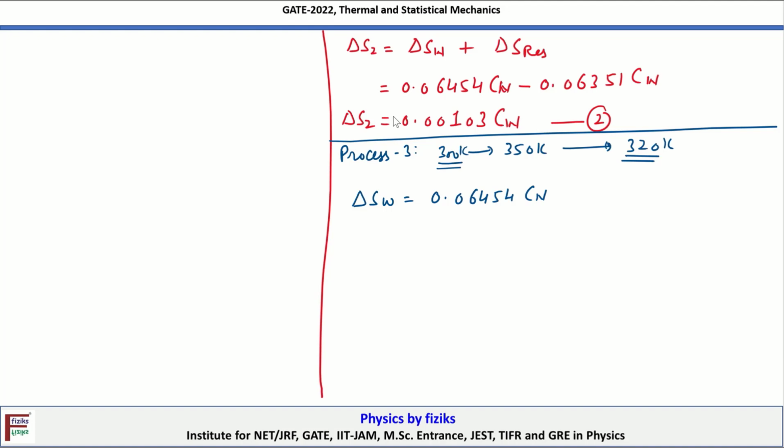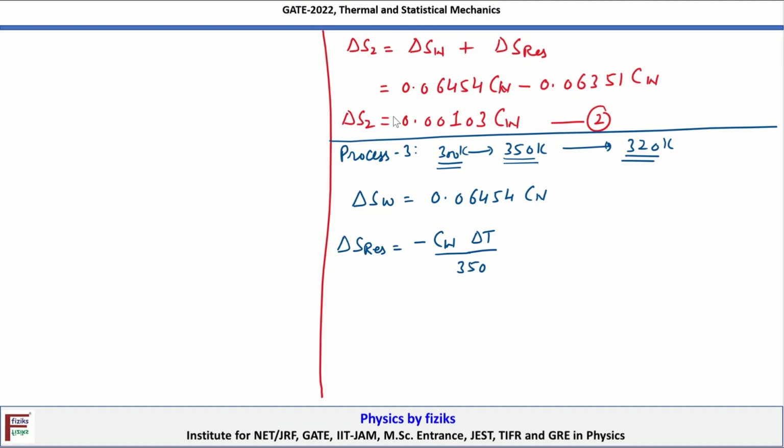Whereas the entropy change for the reservoir is going to have a slightly different expression. Why? Because first the water at 300 Kelvin is coming in contact with the reservoir which is at 350 Kelvin. So for the first step, the reservoir is going to lose heat to the water. And what is that heat that's lost to the water? That will allow us to calculate the entropy change for the reservoir. Delta S reservoir is equal to minus CW delta T, the temperature change for the first process, divided by the temperature of reservoir 1, which is